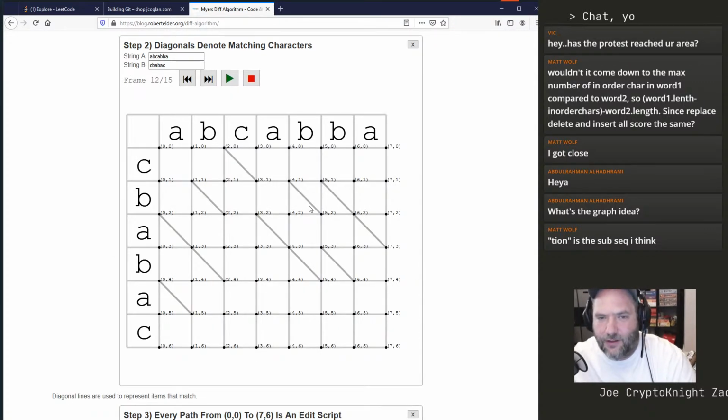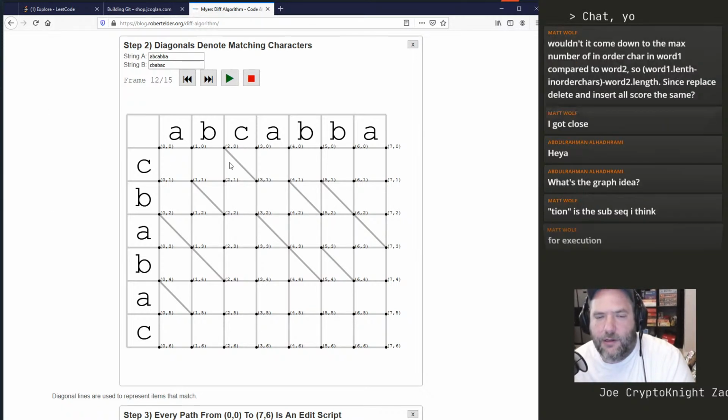And so, if you look at this graph here, basically we got word 1 up top, word 2 to the left, going down. And what they did is they counted what they called a diagonal, which means that the letters are in common. So C and C gives us a diagonal, B and B. And what that means is that we can use those paths to cheat and not count them. So what we're trying to do then is basically find the optimum path from 0, 0, which is the beginning of both strings, to